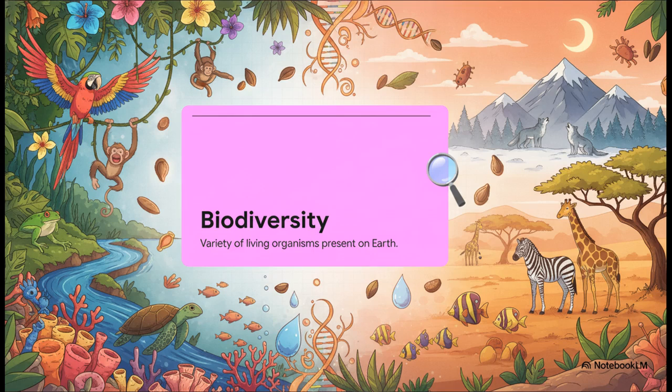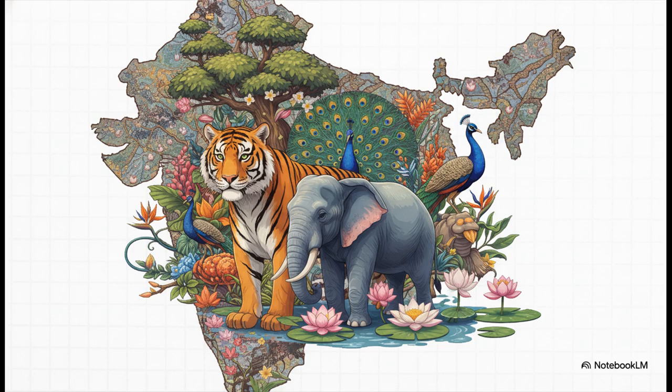But, why should we care? Well, this incredible variety is absolutely essential for our ecological balance. It secures our food resources, it's the foundation of modern medicine. Quite simply, biodiversity is the ultimate safety net for our planet's survival. To give you a really concrete idea of this biological wealth, let's look at India. India is recognized globally as one of the world's mega-diverse countries. It holds a staggering percentage of the entire world's flora and fauna right within its borders. It's just a perfect, localized example to help us understand just how incredibly varied and dense life on Earth can